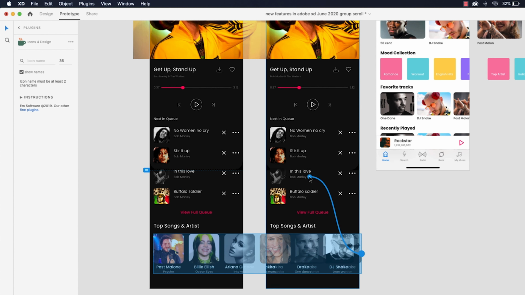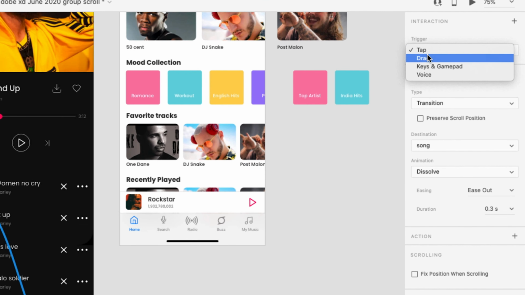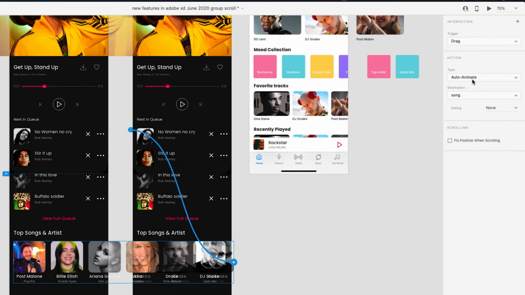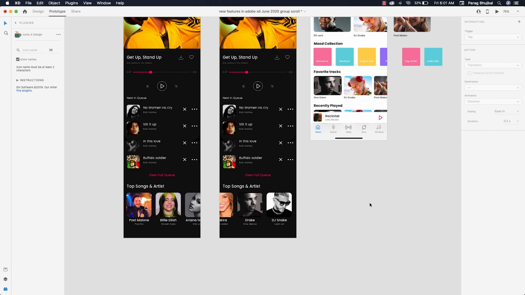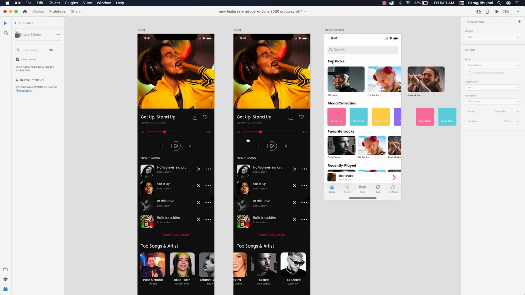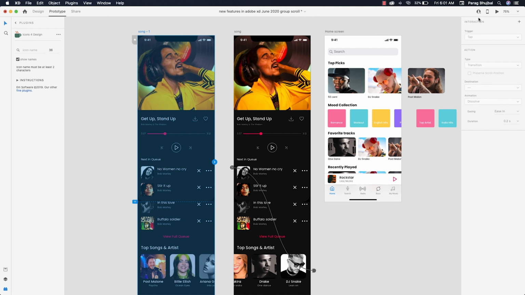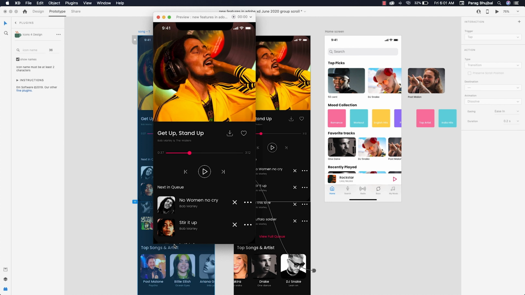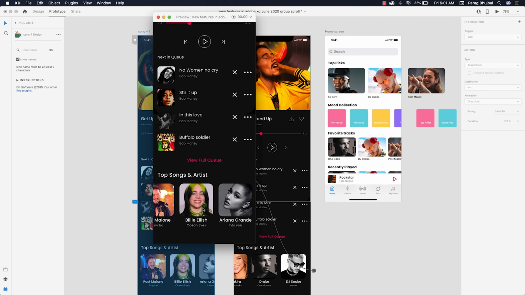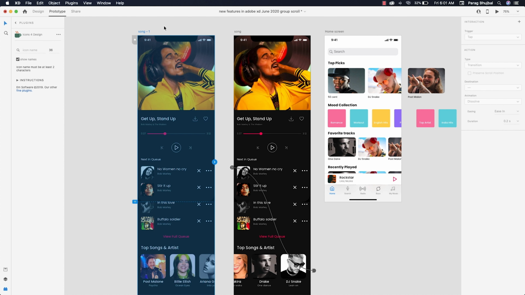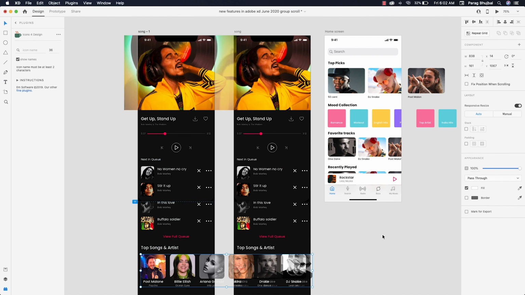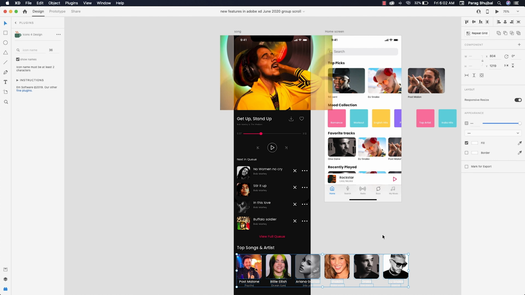This was a very tedious job. But now you can use scroll groups.